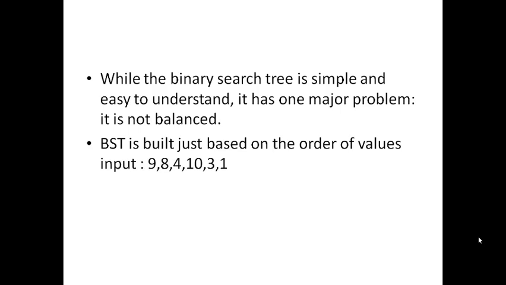For example, if you are given these set of numbers and you are asked to construct a BST, you can simply construct a BST like this. So 9 is the root here, and you have got 8, 4, 3, 1 as left nodes and 10 as right node. This is a proper and valid BST, but it's not an AVL tree because an additional requirement for an AVL tree is that it should also be balanced. So only if a BST is also balanced, then it is called an AVL tree.